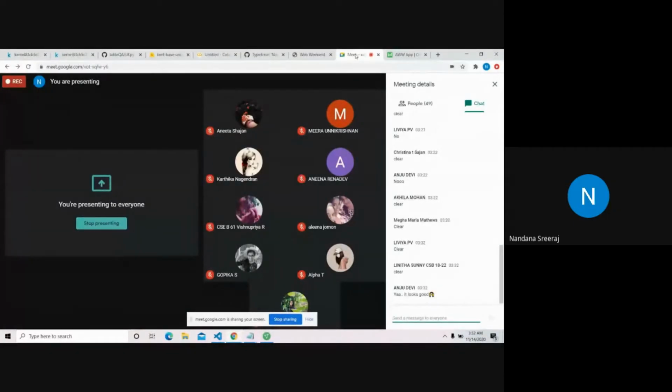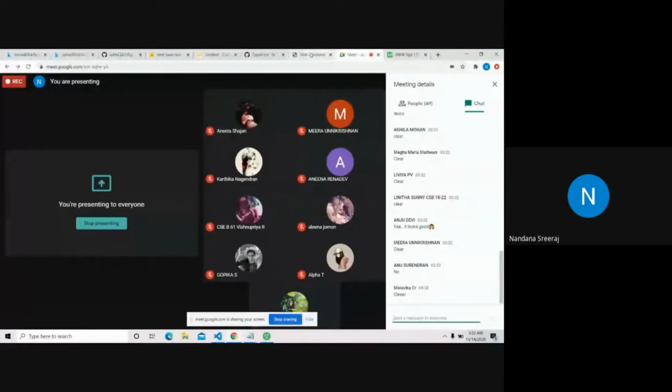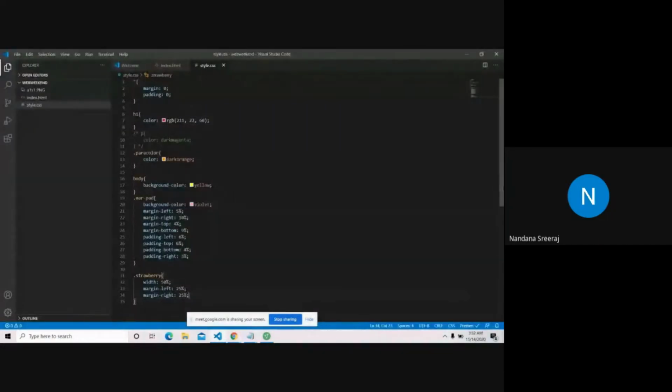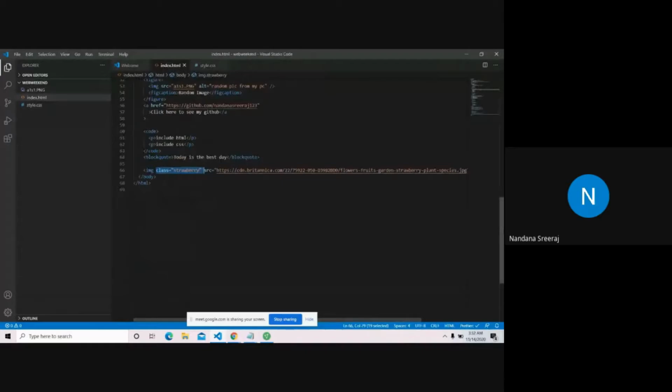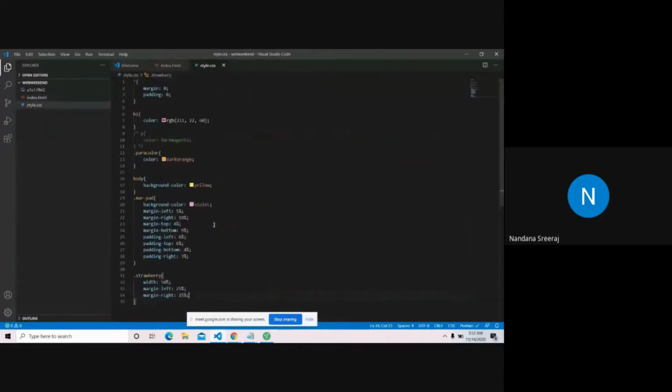Now what's left? Now we have text, right? We had a paragraph tag here. I want to change the font size or font weight. Font weight is like the thickness. You can either use bold, I just want to make it bold, or I just want to increase the font size of this paragraph tag. Where is this paragraph tag? It was enclosed in some class, right? Inside this margin padding class, I have that paragraph tag. And I want to increase the font size.